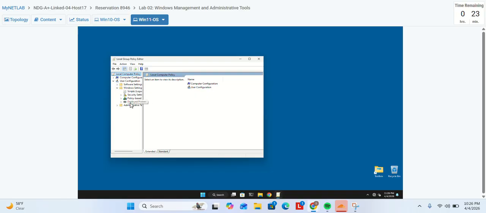When I click the down arrow it will take me to security setting, which will take me to security setting,